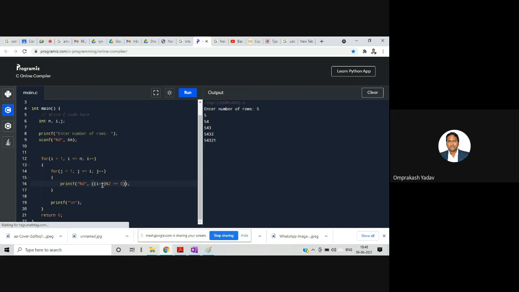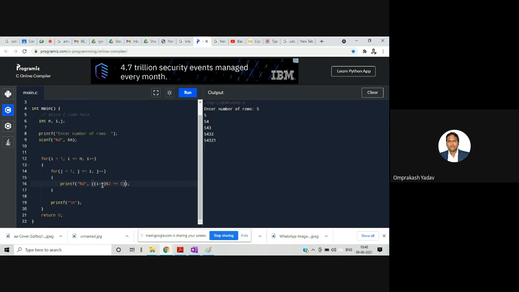If this condition is satisfied, then the answer will be 1, else the answer will be 0. So let's run this. If you see, we got 1 0 1 1 0 1. Okay, alternate, and this is the answer for this particular pattern, right?